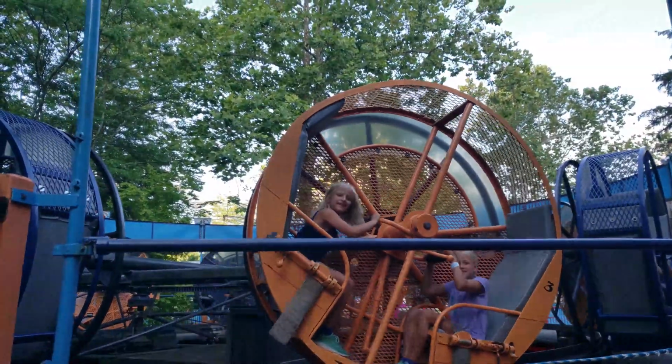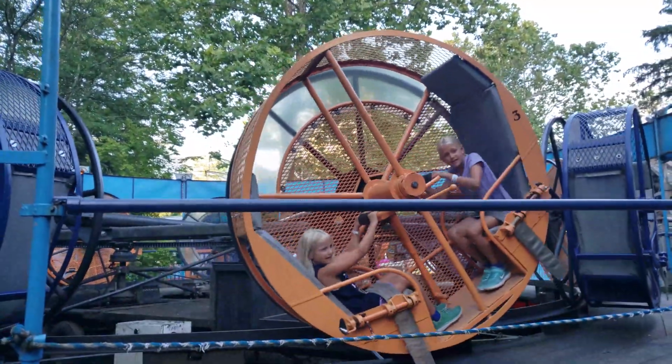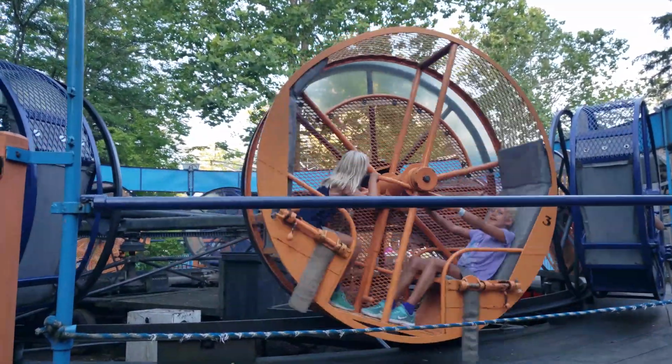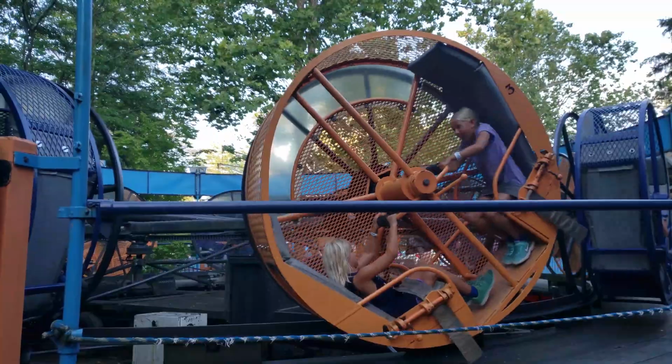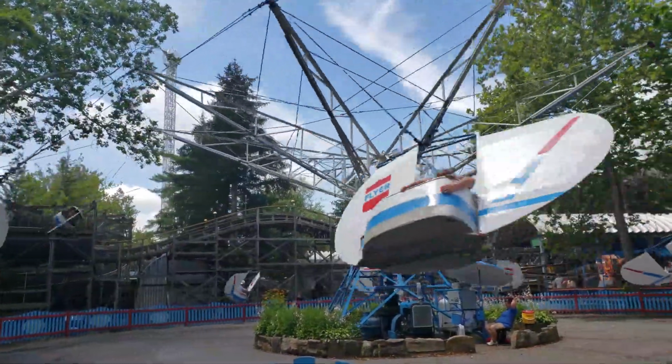Mia and Lucy are the Larson Loopers on Looper. This thing looks just awful, but we'll see. All right, we are at the Flyers here at